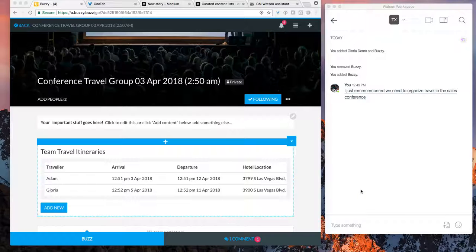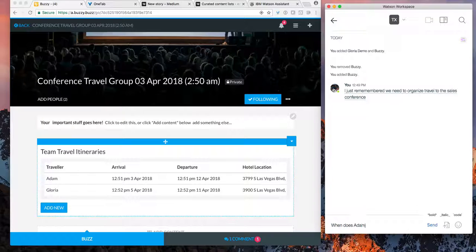So the next part of the demo is going to look at, well, once that data is created, could we actually interact with that from within the Watson Workspace, within the context of a conversation. So imagine this was a much longer conversation. There might be literally hundreds of comments and back and forth between the different users in the group, or maybe even thousands. And it might be a week down the road, and I go,